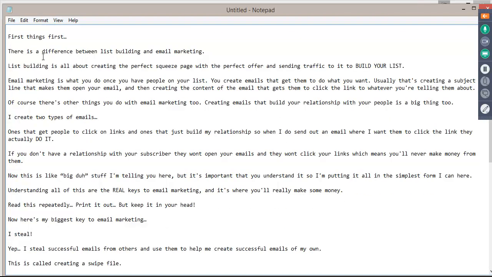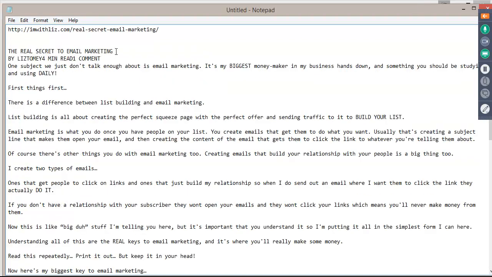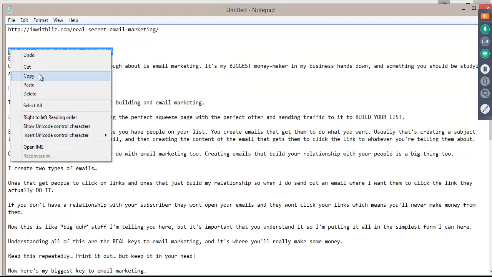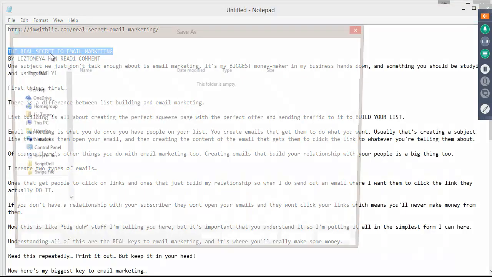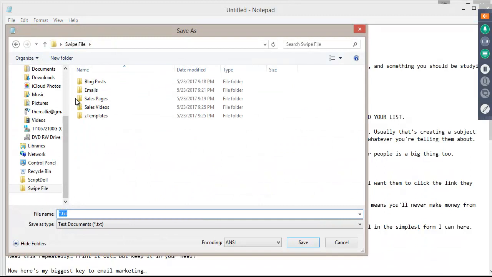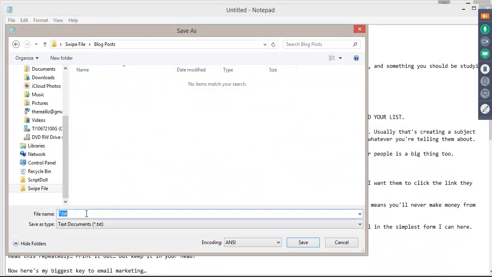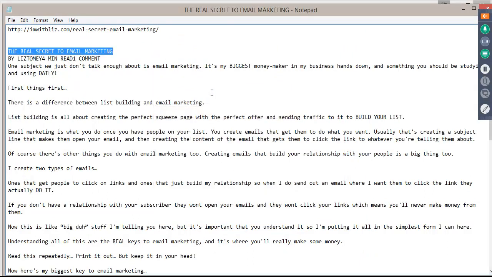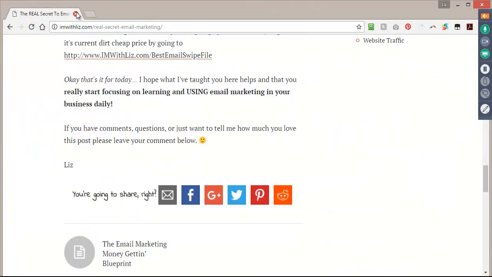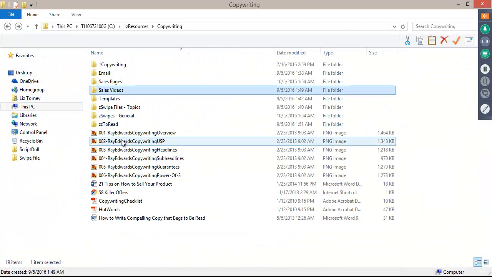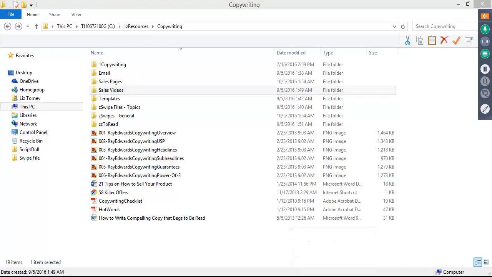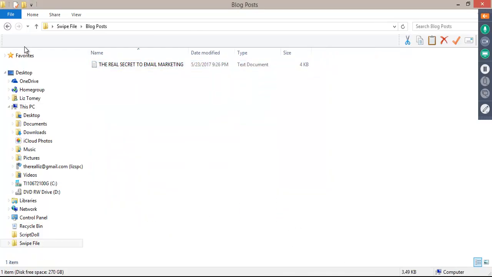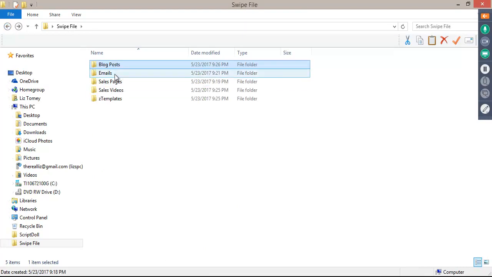And I save it as, copy, file, save as, and I'll go to my blog posts and just save it by the name. So now in my swipe file, I've got a blog post in there, and you'll want to do this every time you find a blog post.